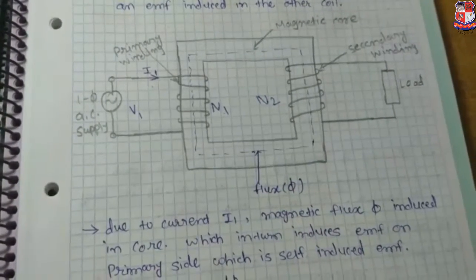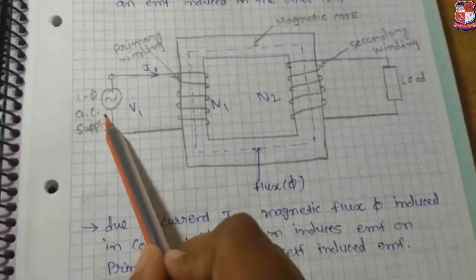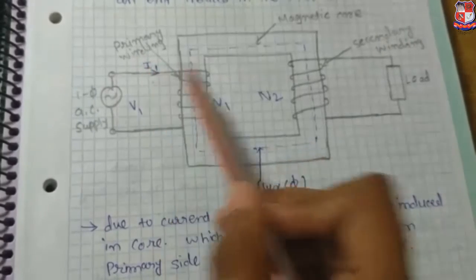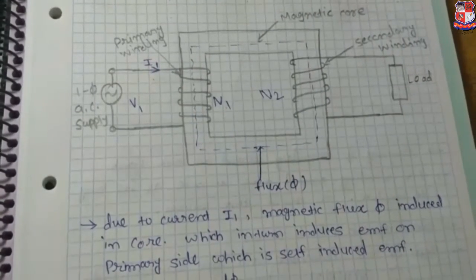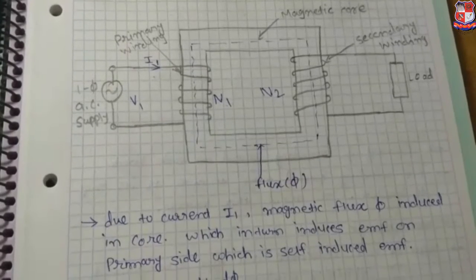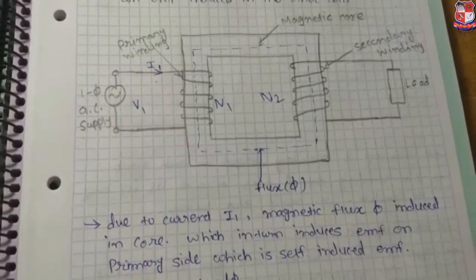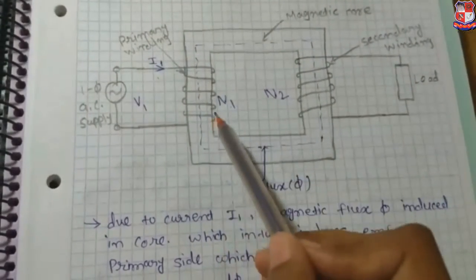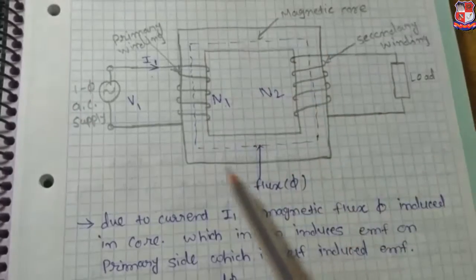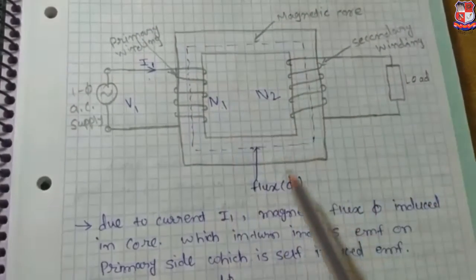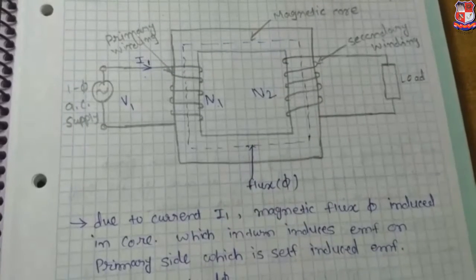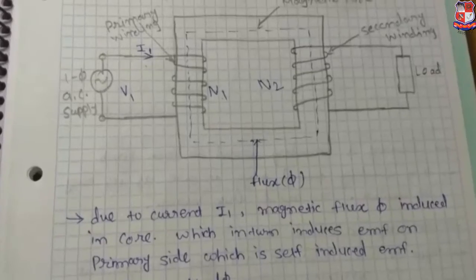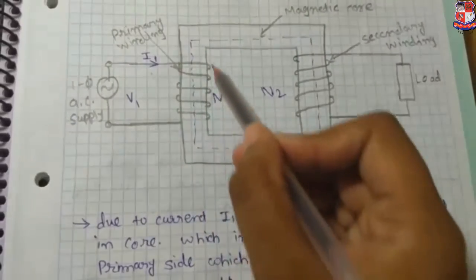So due to this single phase AC supply, the current I1 will flow from this primary winding, and due to this alternating current, the magnetic flux will induce in this winding, which will flow from this magnetic core, and due to this flux, some EMF will induce in this primary